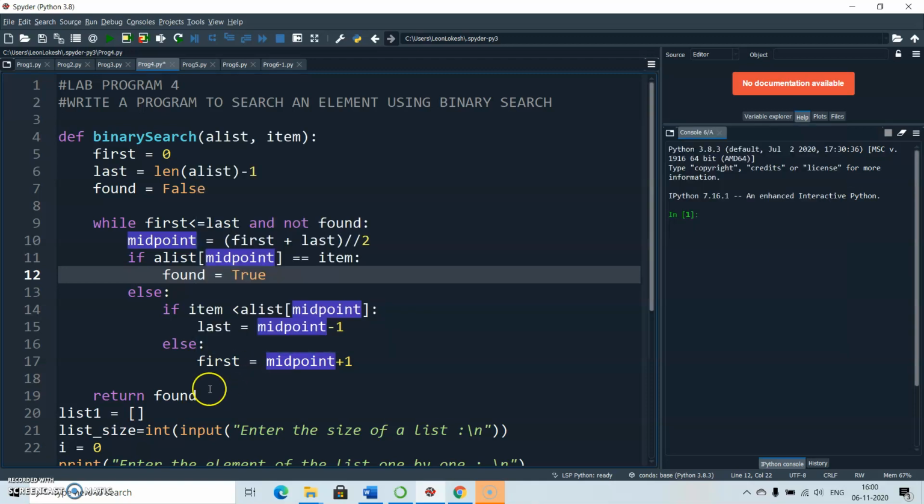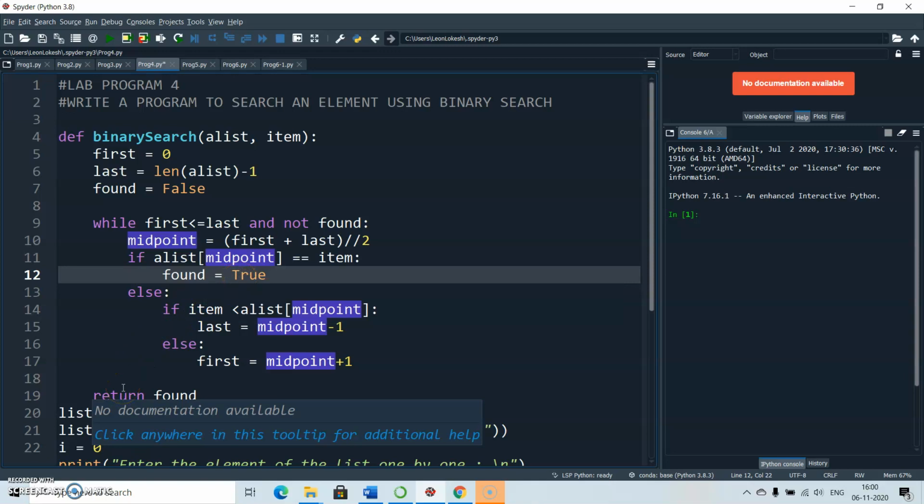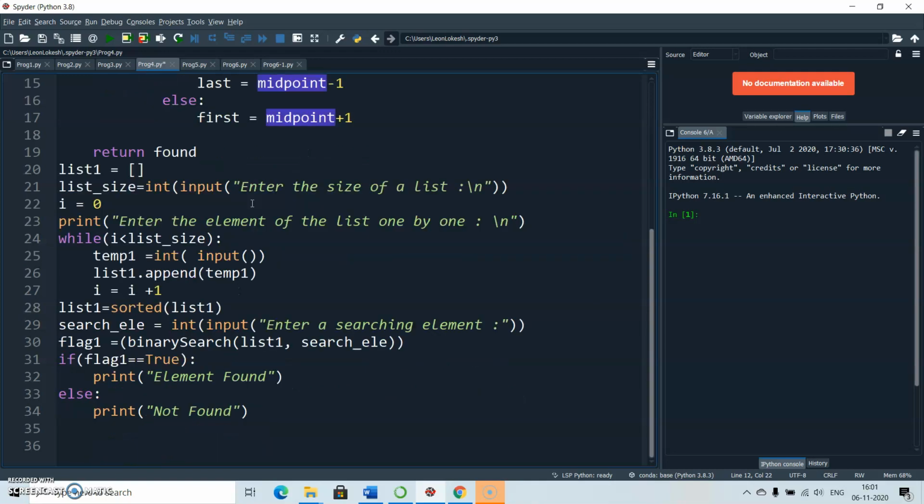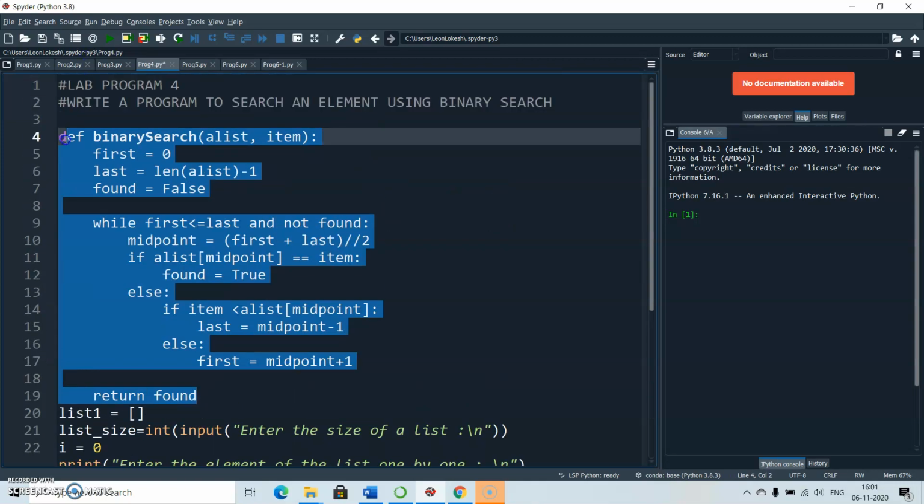So like this, I will be trying to disintegrate the values till I encounter the value in the form of a key. After completing this whole while loop, I will have many different disintegrated parts, and if the value is found, I will say true. If the value is not found, then I will say not found. Depending upon the value of found, if any of the values is found, then I will say true. If it is not found, then I will say not found. So this is the function. Since this is a function, I will be returning the boolean variable that is found. So this is a function to find the element using binary search.